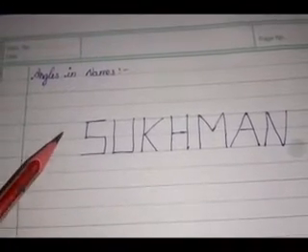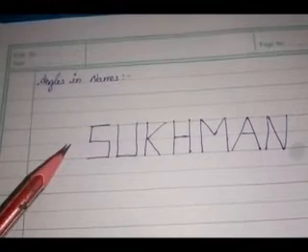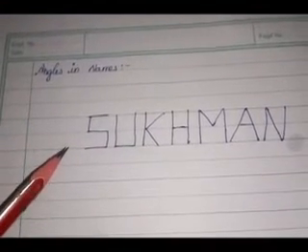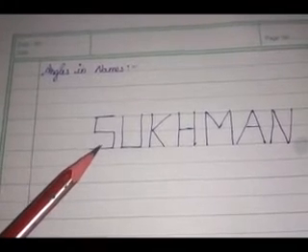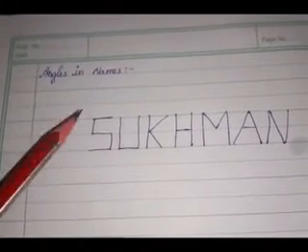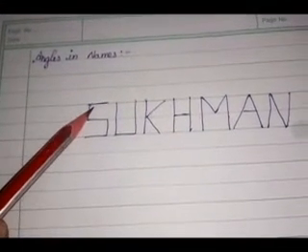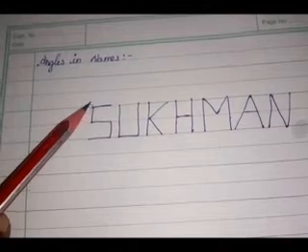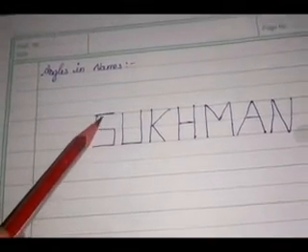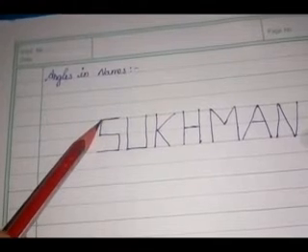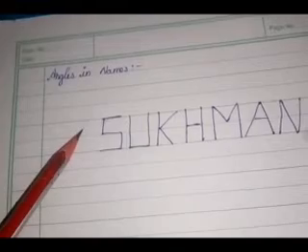I have written this name using lines. First we mark all the angles in the name. How can we find the angles in this name? Wherever two lines join, one angle will form. In this example, this is the first line, then this is the second line. Now, these two lines are joining here. In this place one angle is formed. Did you understand?